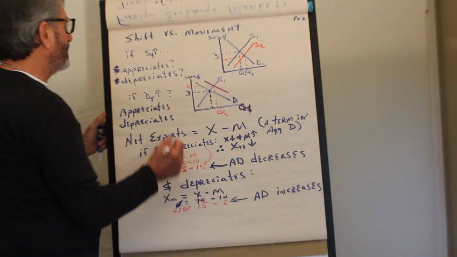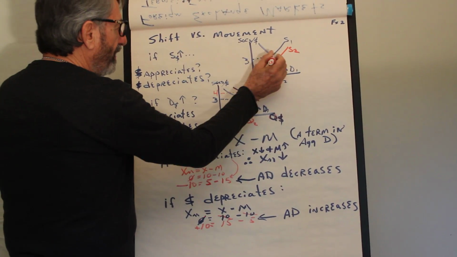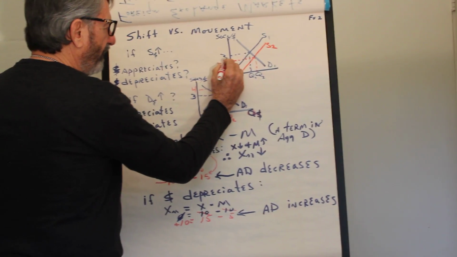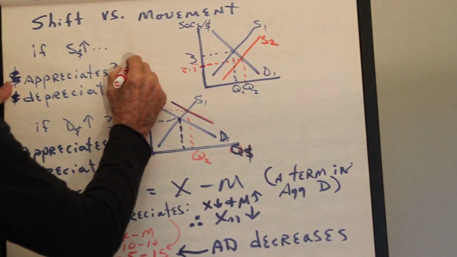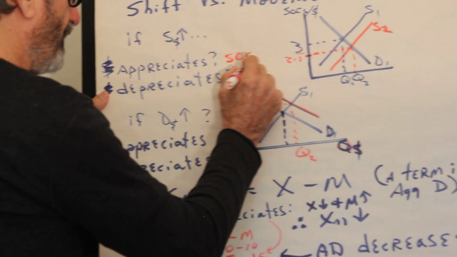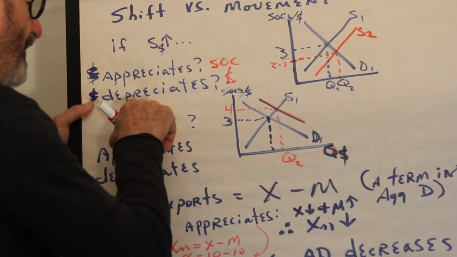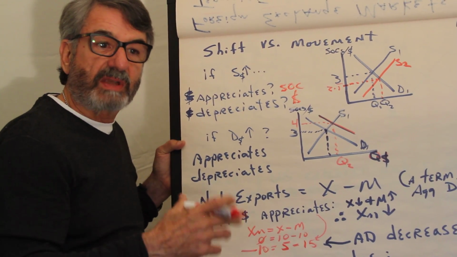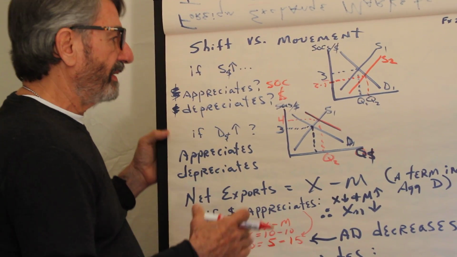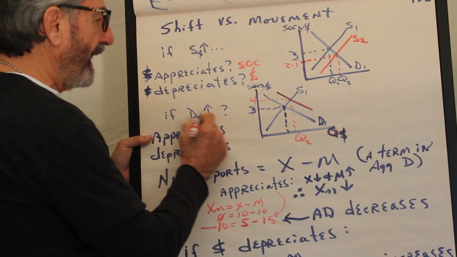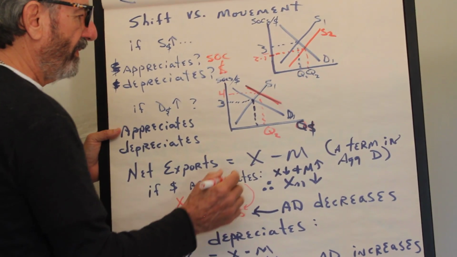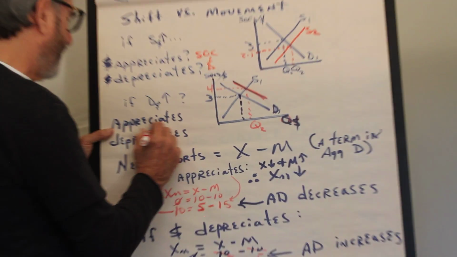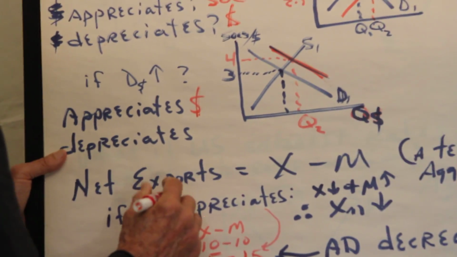All right. So if the supply of dollars increases, the exchange rate will fall to 2.5 here, and the sock would appreciate, and the dollar would depreciate. When the dollar depreciates, that means that it takes more dollars to buy sock goods, services, or assets. So sock goods are more expensive to Americans. If the demand for dollars goes up, that is if sock people want to buy more U.S. goods, services, or assets, then the exchange rate would go up, and in that case the dollar would appreciate and